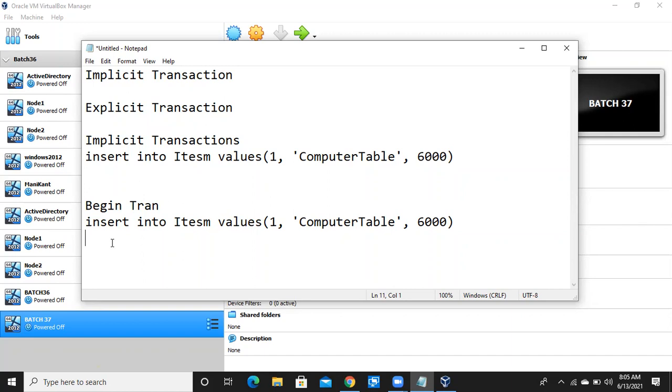Sometimes developers will run some uncommitted transactions. You can see the data in the table, but it is not permanent. You can see the temporary data. In case you don't mention commit, if you started with begin tran but you don't mention commit, that means it is an uncommitted transaction. Commit means it is going to copy the data from your log file to the data file permanently. Uncommitted means it won't copy the data, it will store inside the log file only.